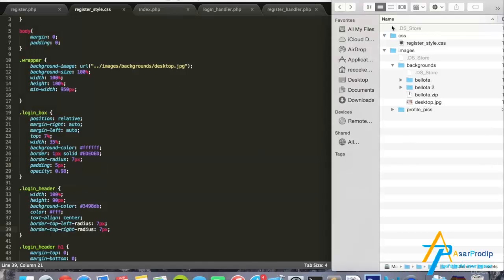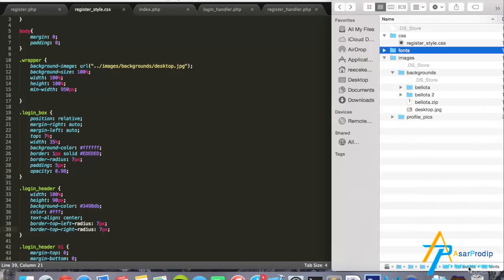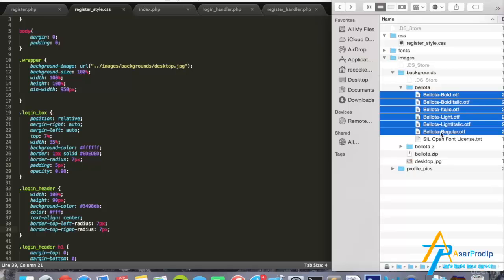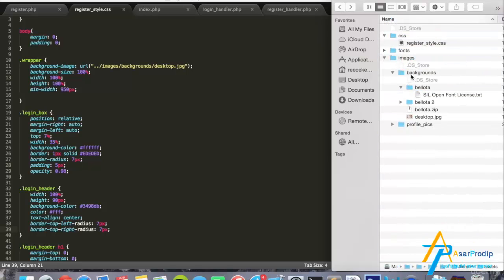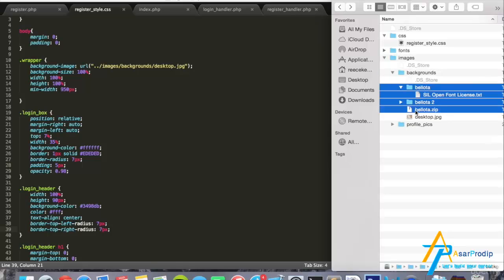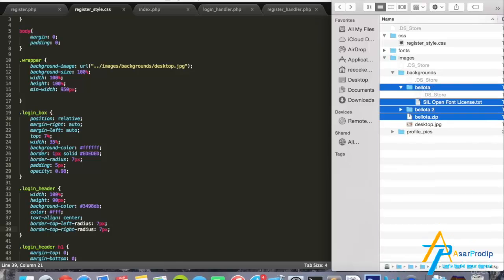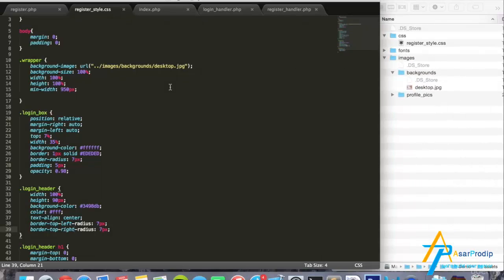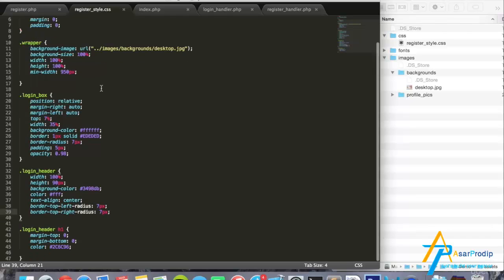what we'll do is inside the assets folder, we'll create a new folder called fonts. So it's inside assets, fonts, and we'll take all these and just put them into the fonts folder. Okay, and we can get rid of these three from the backgrounds folder, so it shouldn't be there. Okay, so they're now in the fonts folder,